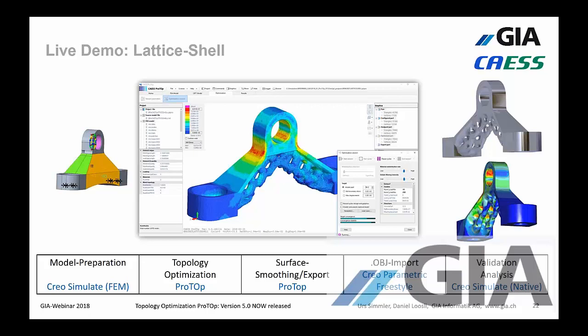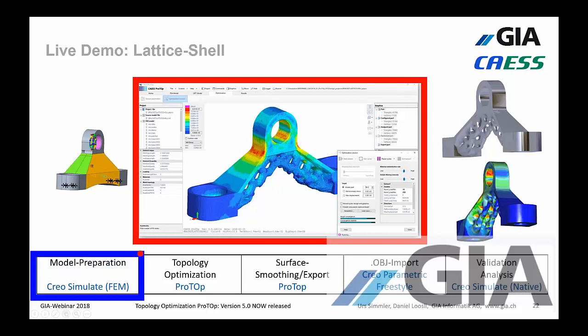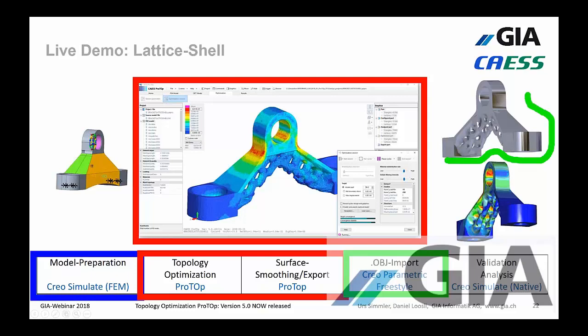I will do the model preparation first. I will transfer the FEM model to ProTOp, the new version 5.0. I will do some standard topology optimization, with some configurations with shells and lattices, and then at the end of the day I will export an OBJ file, and this OBJ file will be read into my CAD system in